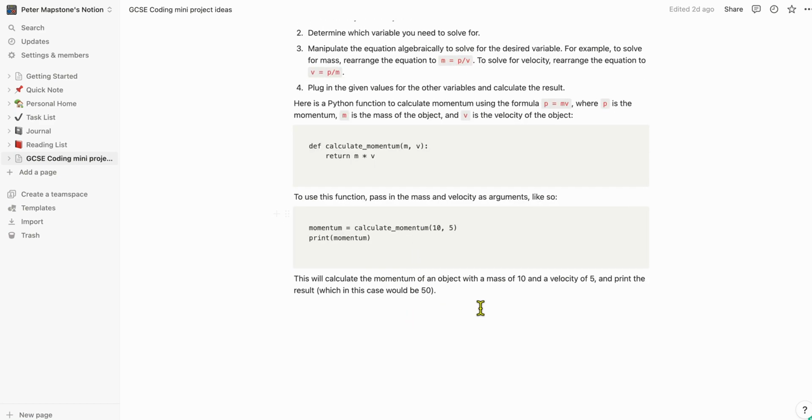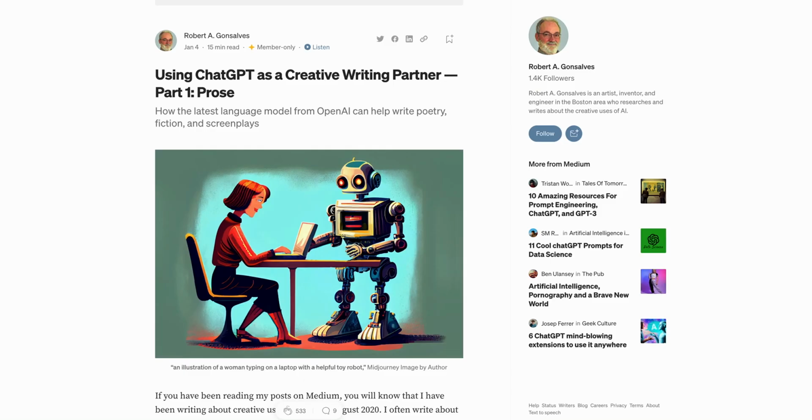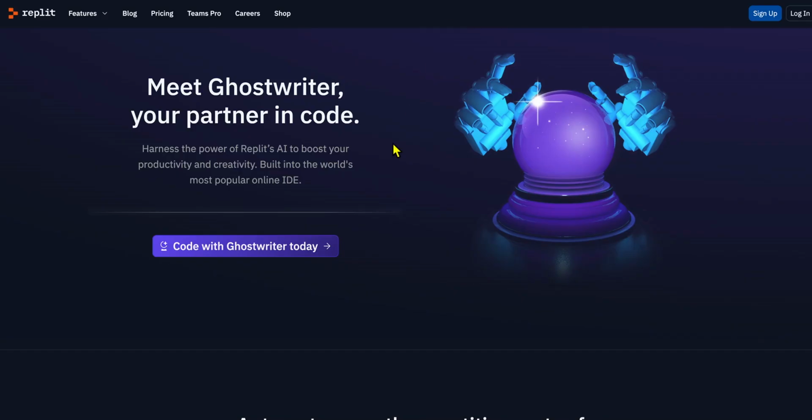So that's possible. And this is what perhaps OneNote might look like in terms of when you ask it to do things like an assistant, perhaps like the old paperclip in Word maybe came about before its time, and things will get a lot more assistive. So using them as partners in creative writing, using them as partners in places like GitHub and Replit. They have ghostwriters, so co-writers. So going further than just highlighting syntax errors or logical errors, perhaps they can autofill the code you're writing and just take some of the low-level work out of things.